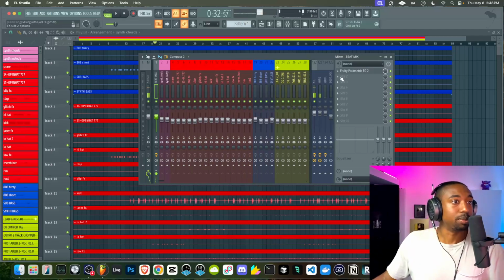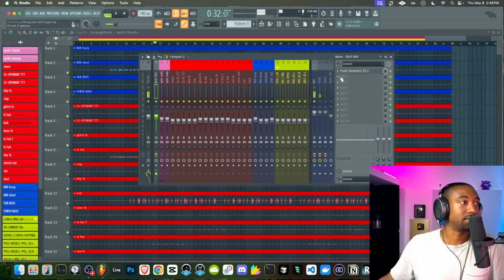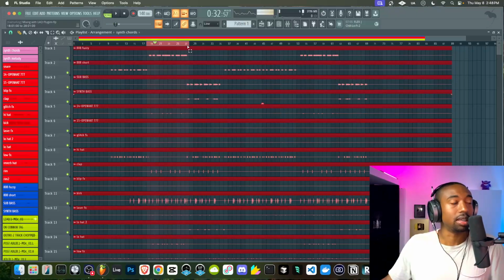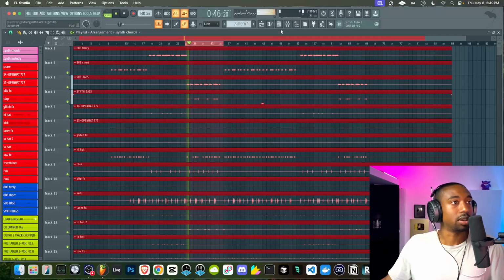Okay, so on the mix bus, so this is the combined group of sounds. Let's start mixing on the mix bus first to get an energy for the song, and then we can go to individual things to clean them up or add more detail. So let's find the area of the song that has everything in it.